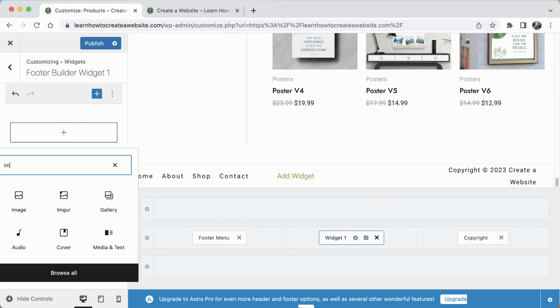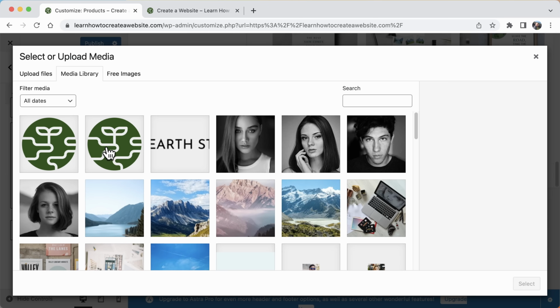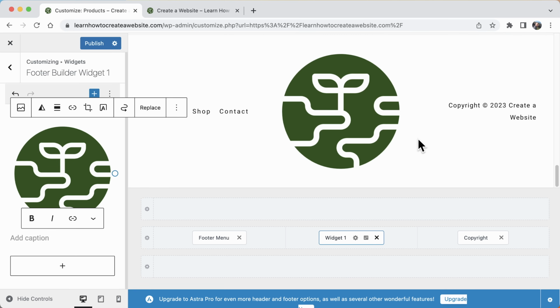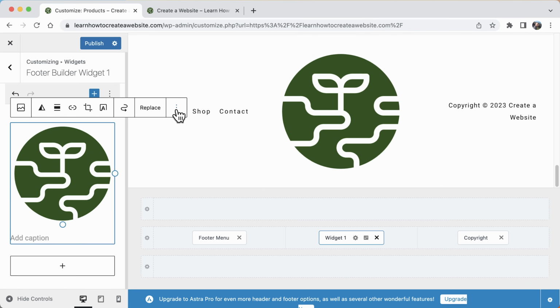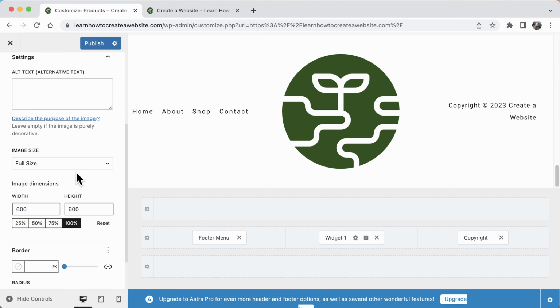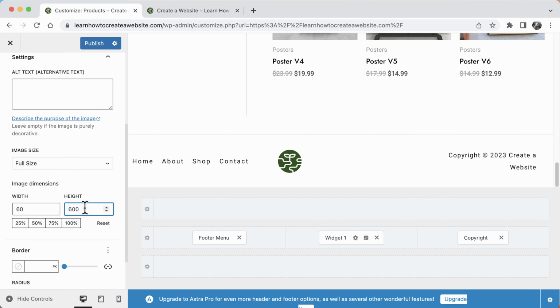Maybe we want an image here, and go to the media library, and we can click on our fave icon and we can select it. And that is way too big, so we need to make that smaller. So just click on it, click on these three dots right here, show more settings, and we can scroll down in the width. We want it to be much smaller, so we can do something like 60 by 60, and